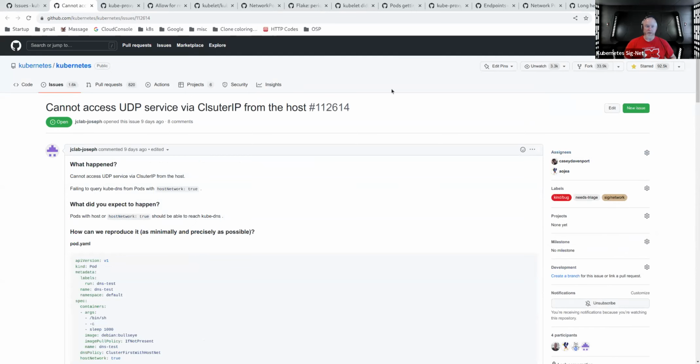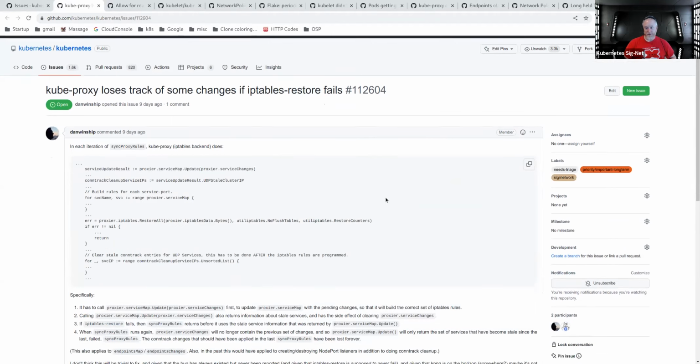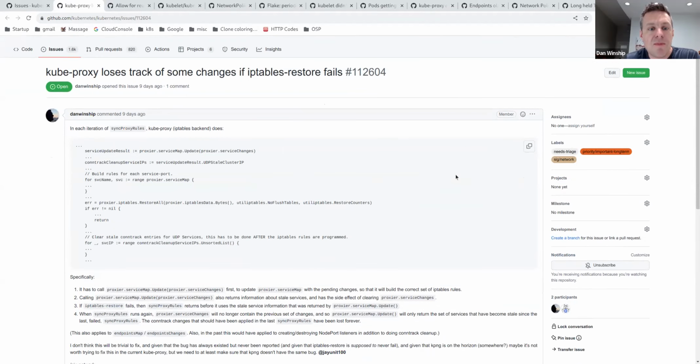Got it. Okay. Kube proxy losing changes if restore fails. Dan? So this came up in the minimize IP tables restore thing. Basically, the change trackers, when you ask them what changed, immediately forget the answer after they've told you.